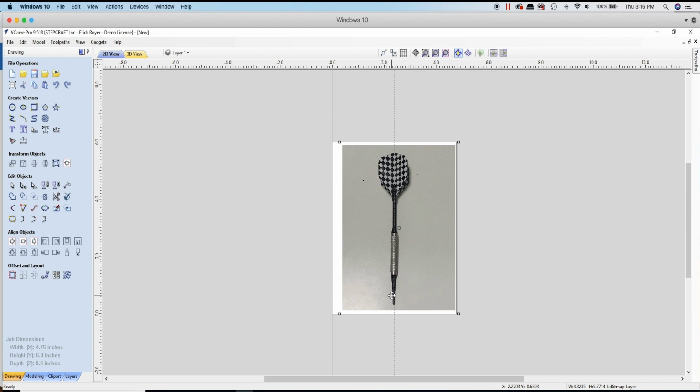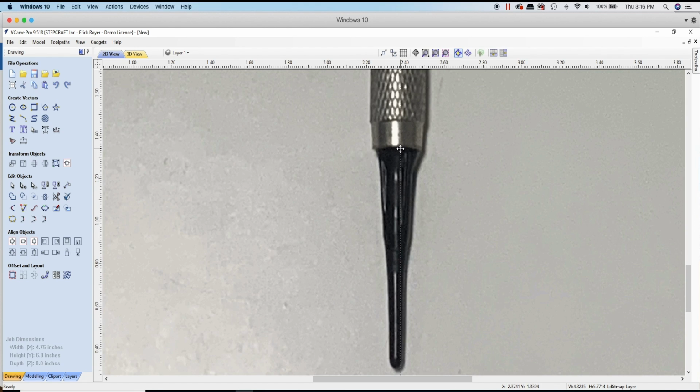So the only issue that I'm running into is it looks like either the image is skewed slightly or the tip is bent slightly here. So you can see that the tip is not exactly centered. So we're going to have to do our best to compensate with that. So now that we've got a center line